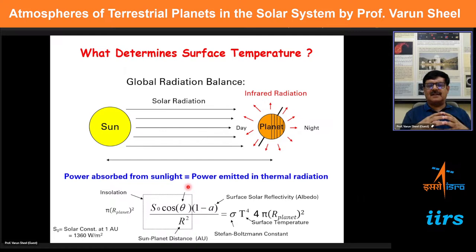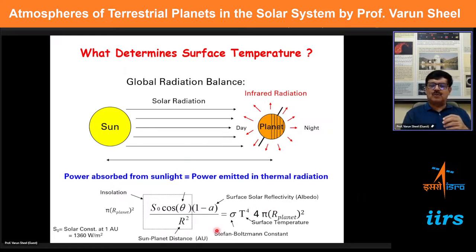So this is a very simple explanation which can be given. All of you are again familiar with the greenhouse effect. If you do not have an atmosphere, then you can find out the temperature of a planet by assuming that whatever radiation is coming in is absorbed by the planet and then it radiates back the same radiation in infrared. So whenever you have this, you assume a balance between the radiation, you could construct this kind of a formula through black body radiation, and this gives you the temperature of the planet.